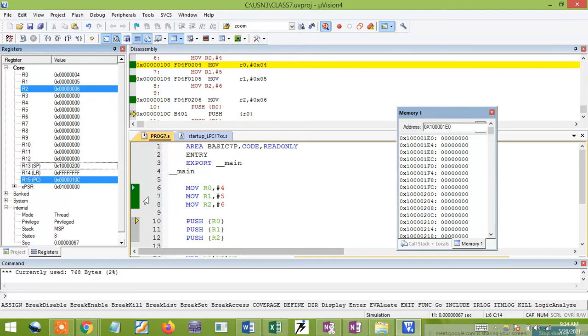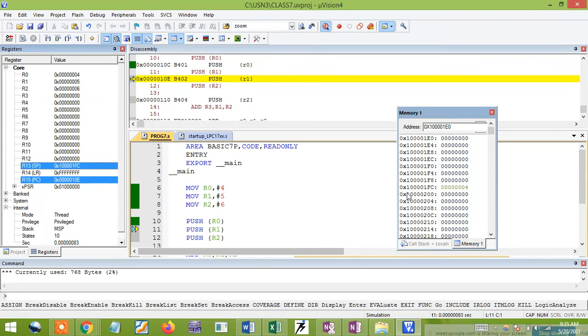Parallelly, I want to push the R0 value inside the memory. The R0 value here is 4. I need to push 4 inside memory address 1FC. Just check it out. You can see my stack pointer is decremented and the 4 is pushed inside the memory, and the stack pointer is 1FC.